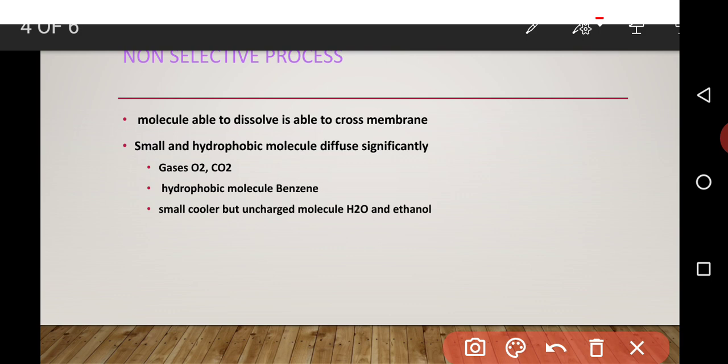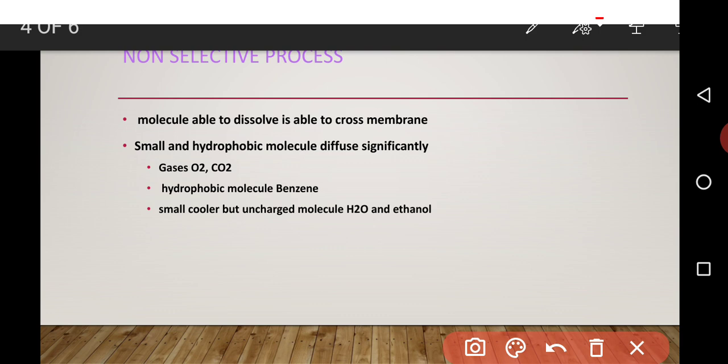Another hydrophobic molecule is benzene. Benzene is a hydrophobic molecule, and therefore it is able to diffuse into the fatty acid chain interior of the plasma membrane. This point is important for the NET and SET examinations. Which hydrophobic molecule is able to dissolve through the plasma membrane in the cell? The answer is benzene. The benzene ring is hydrophobic in nature and able to dissolve in the plasma membrane.